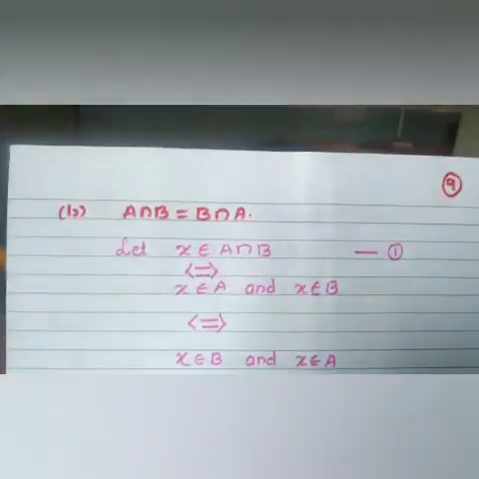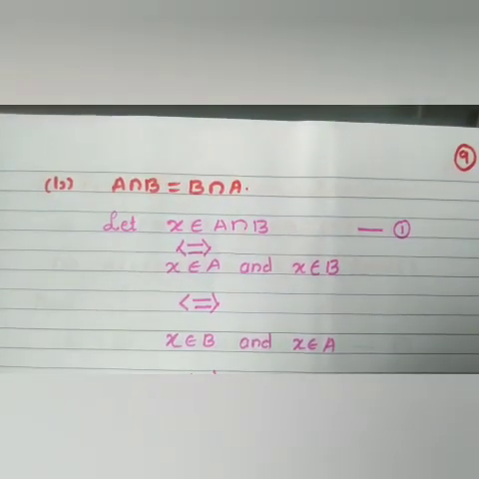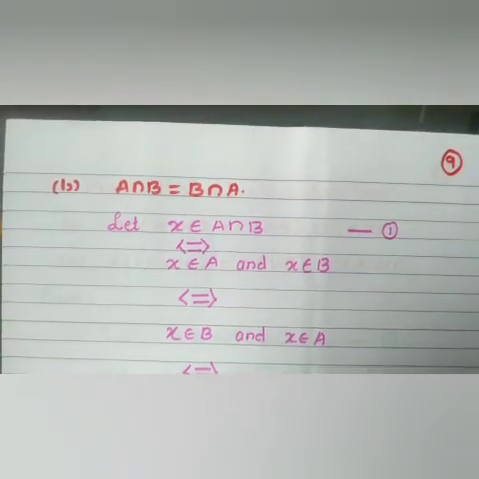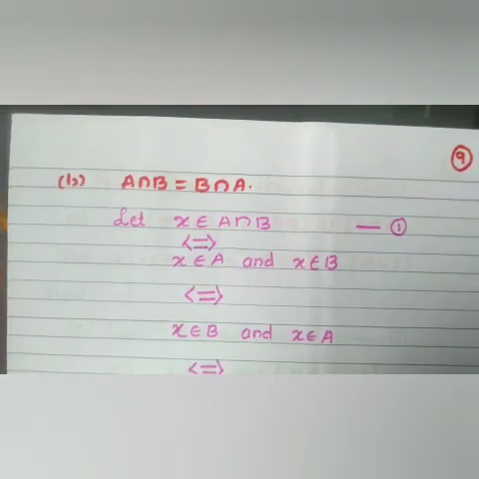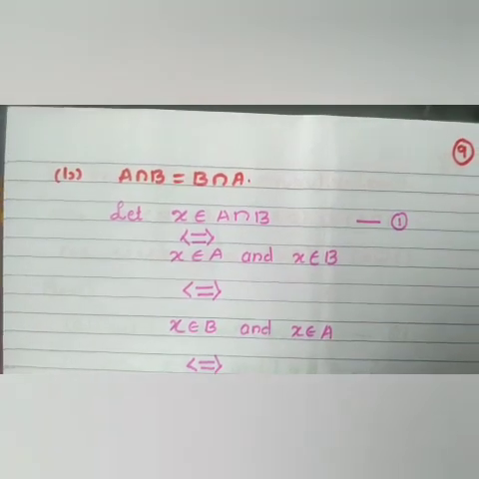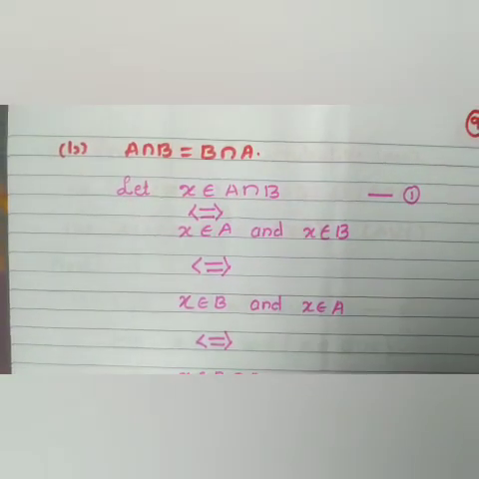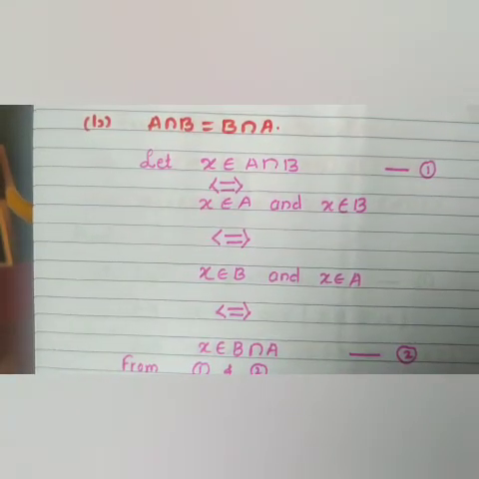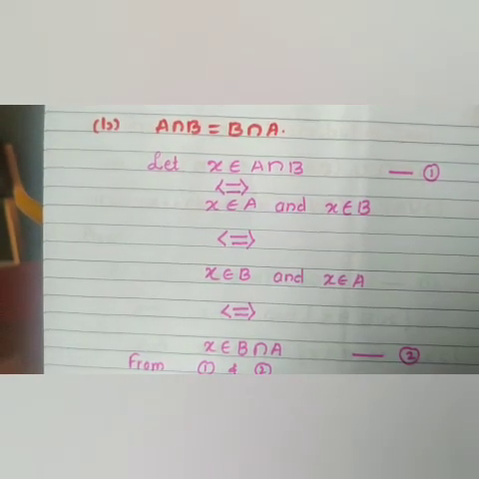Okay, let's start the proof. Commutative law in terms of intersection. You can say in this way also, intersection of sets is commutative. What do you mean by intersection of sets is commutative? A intersection B is B intersection A. For the proof of this, consider an element X belongs to LHS, A intersection B. By definition, intersection means AND. X belongs to A and X belongs to B. This double implies, I am using the double implies because the first line goes to the second line or the second line goes back to the first line.